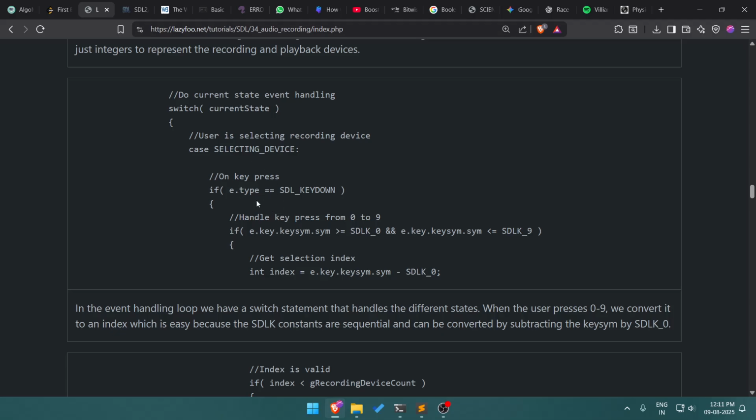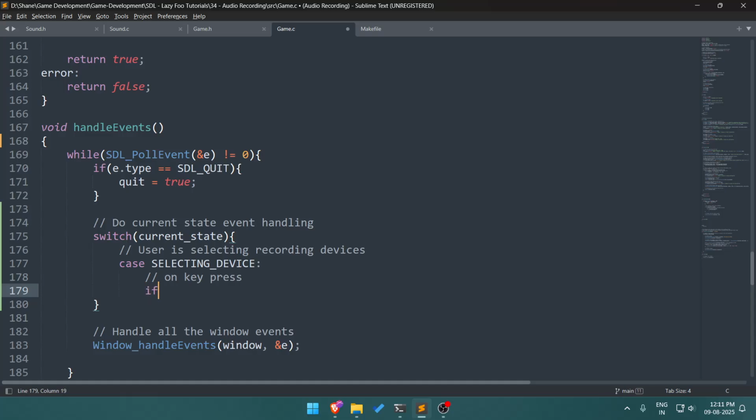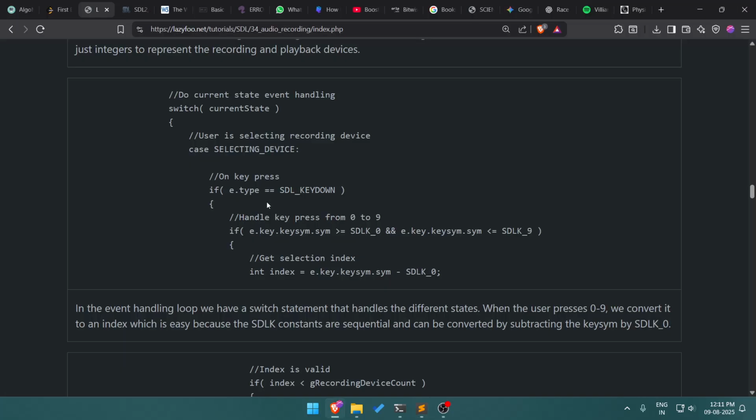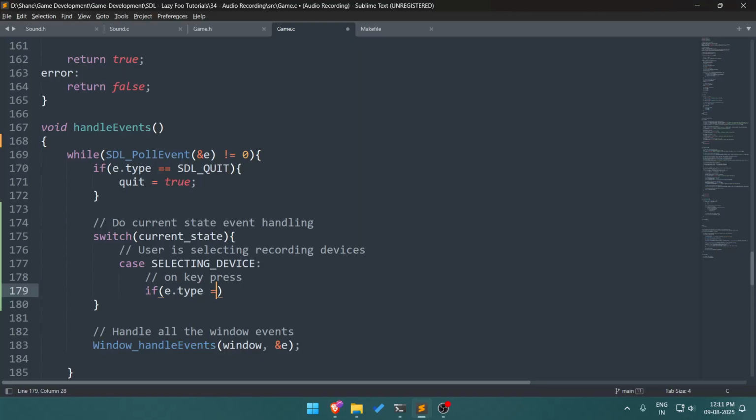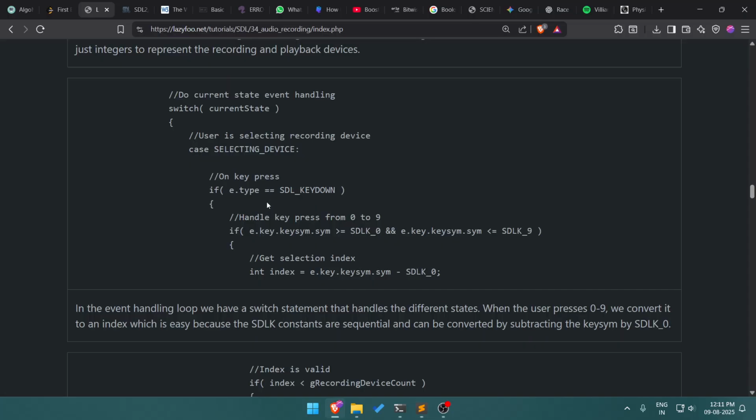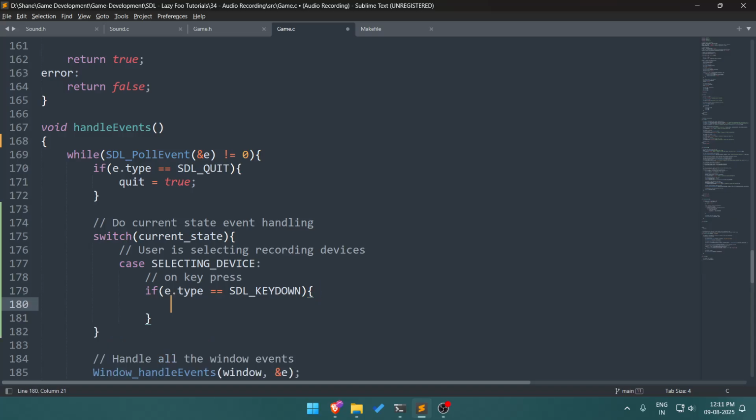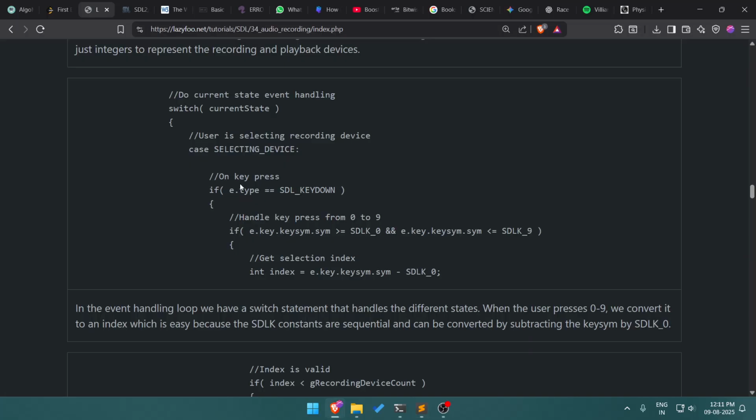Okay, so we check if key is key press F e dot type equals STL key down. Right. If you have a key down, then we check handle key press from 0 to